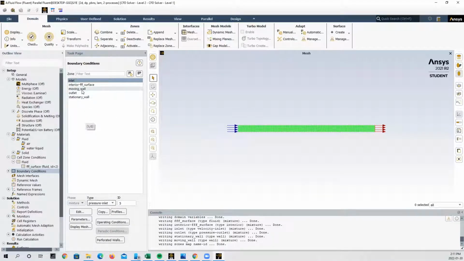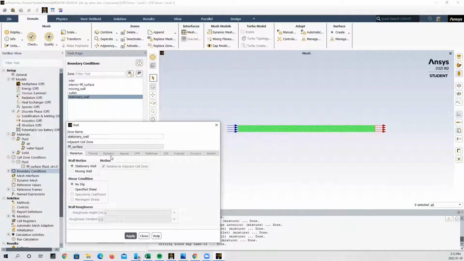We have our outlet. Oh, I didn't mean to double click on that. Is our pressure outlet. So that is good. We have our stationary wall, which is specified as a wall. So that is good to go as well. And we have our moving wall, which is also specified as wall, which is good. However, we need to now initialize a magnitude for the velocity of this moving wall, because by default, it's going to be 0. So if we press on stationary wall here and we go to edit,